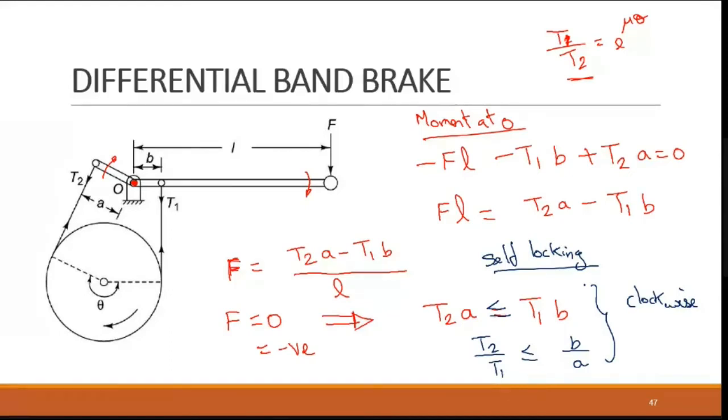As I told you before, it is very difficult to remember the formula. You better go through these steps. By these steps you can identify. The only thing is you should know that when a force is negative, it will be self-locking. So you take moment, you find the formula, then identify what will be the self-locking condition. That is the best way to find the derivation for these particular problems. Okay, any doubt in this?